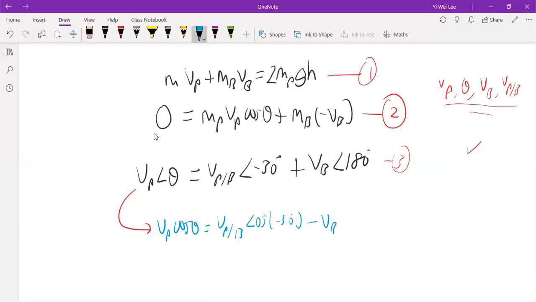So that's the horizontal equation I have. Now, from this equation, it's very interesting. From this equation, I can actually substitute this part, and I can represent Vb in terms of Vp/B. Once I resolve this to the horizontal i direction,